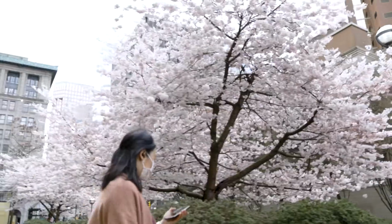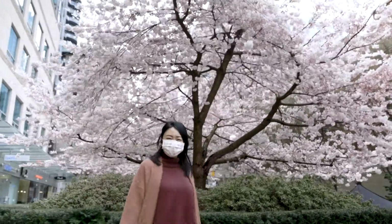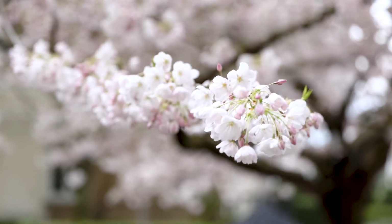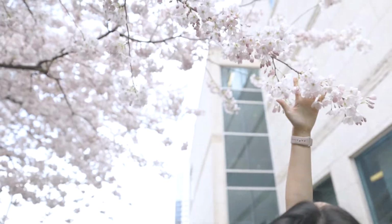And walking over to the cherry tree now and standing beneath this incredible canopy of color and life, vitality. What do you notice? And looking up at one cherry blossom now, notice the details, the shades of light pink,